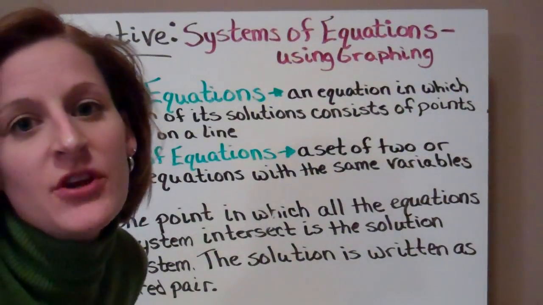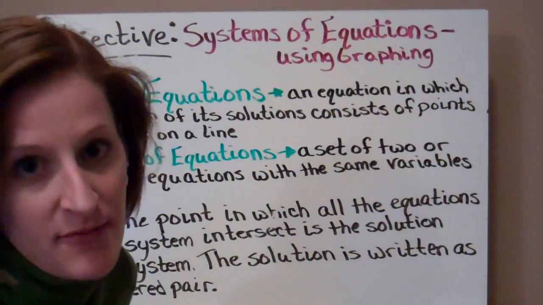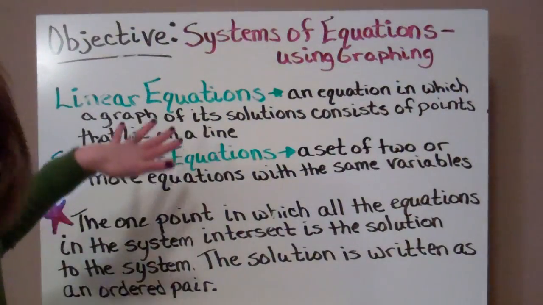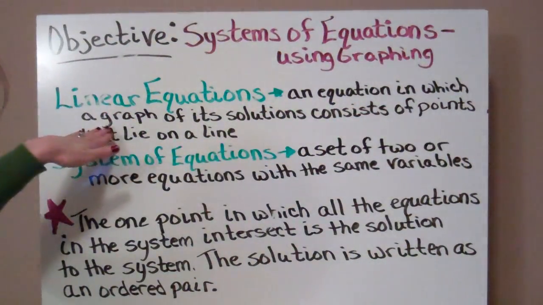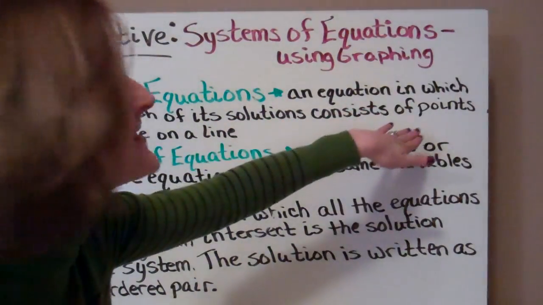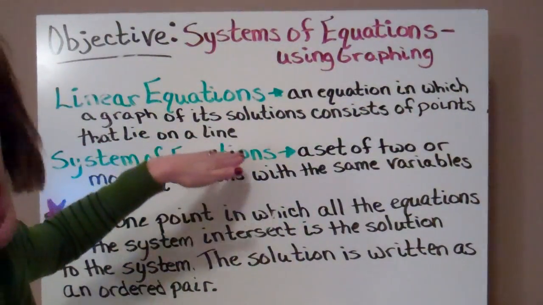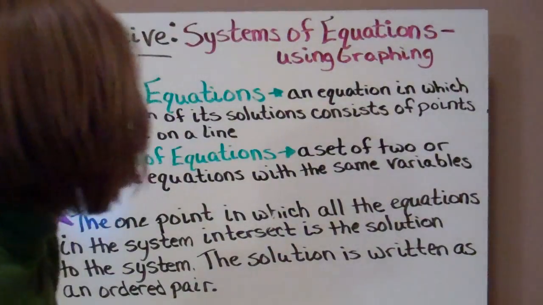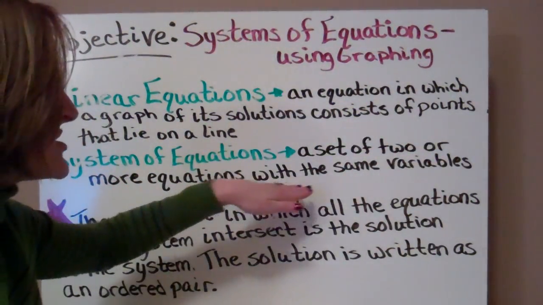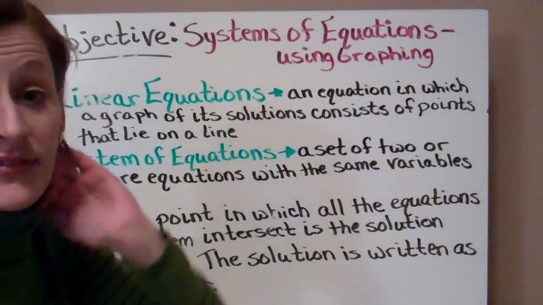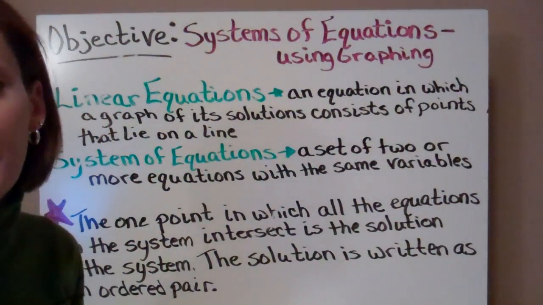Let's look at systems of equations and solving them by graphing. First, remember, a linear equation is an equation in which the graph of its solutions consists of points that lie on a line. So we're going to look at lines. Now, a system of equations is a set of two or more equations with the same variables. So you'll have an x and a y, or an a and a b, in both